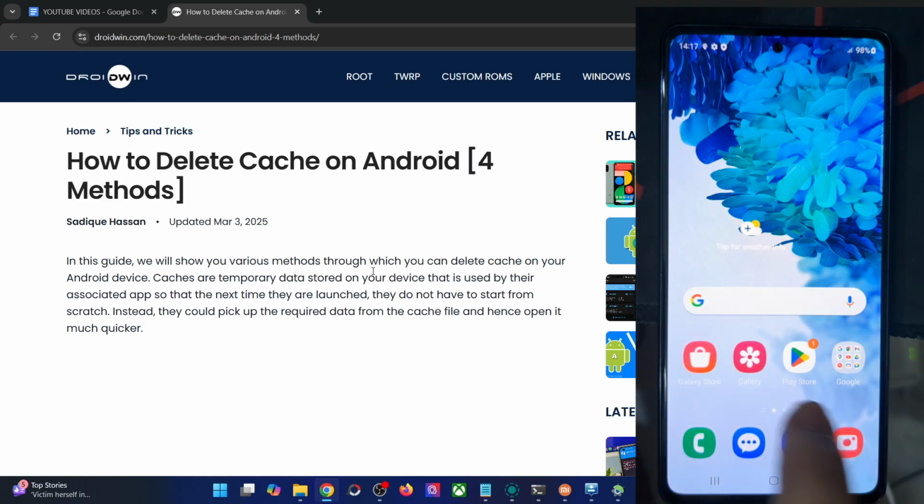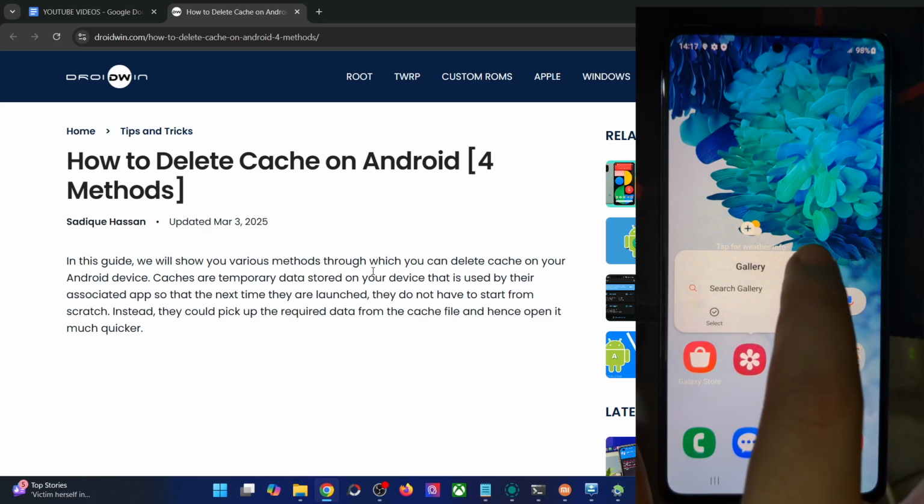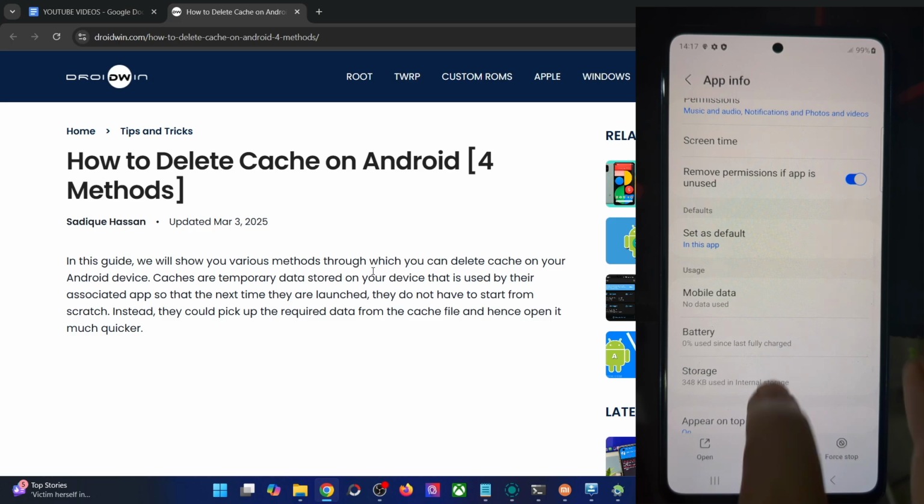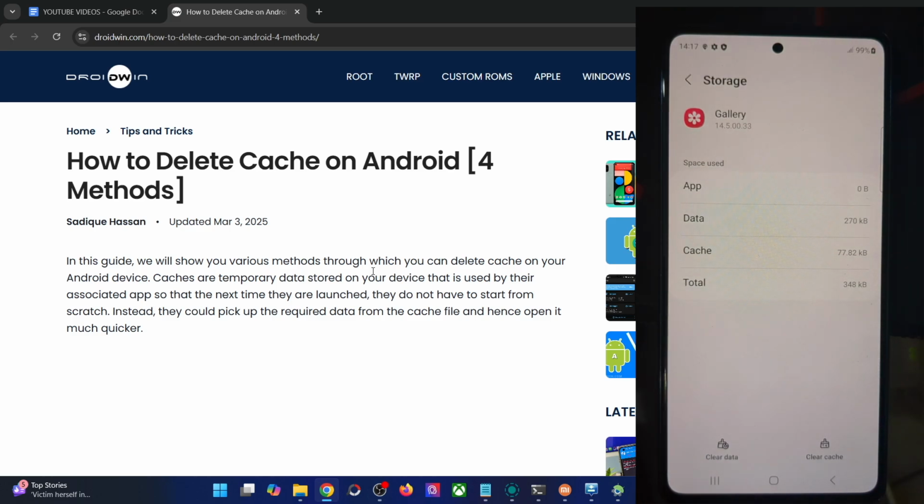In this video, we'll show you 4 different ways of removing the system and OS cache from an Android phone. We are not just talking about deleting the app cache, because that will only remove the cache of one particular app. Instead, we are talking about removing the entire cache from all the OS. For example, if you go to an app and tap on clear cache, then only the cache of this app is removed. All the other cache will remain there. So in this video, I'll show you how to remove the cache from the entire OS.